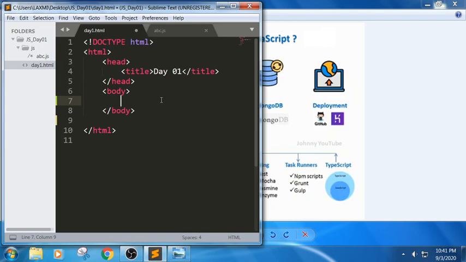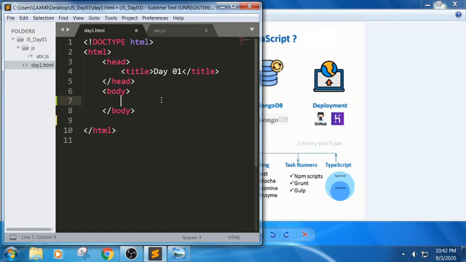There are so many code editors, like Visual Studio, which is very popular, where you don't need to type the whole snippet; if you just type the shortcut and press tab, you will get the complete snippet of the code. You can also use Notepad++, Brackets, Dreamweaver, whichever editor you are comfortable with.